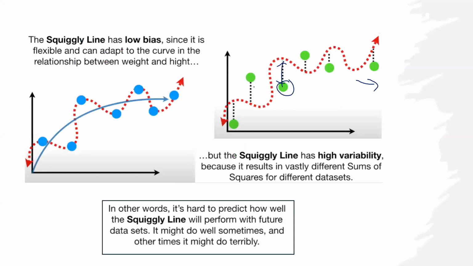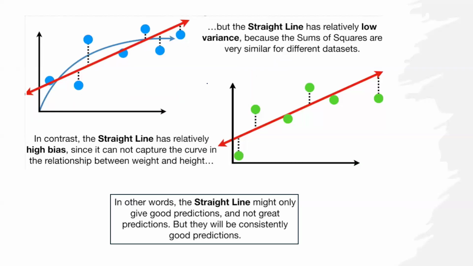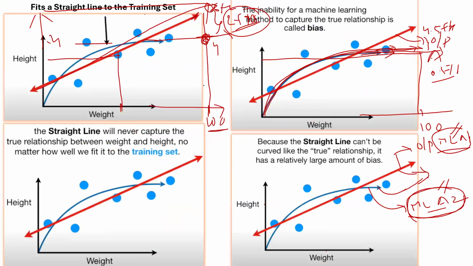But in the case of this particular squiggle line, the sum of squared errors is very high on the test set, and the sum of squared errors is zero on the training set. So the variance is very high in this particular case. In contrast,